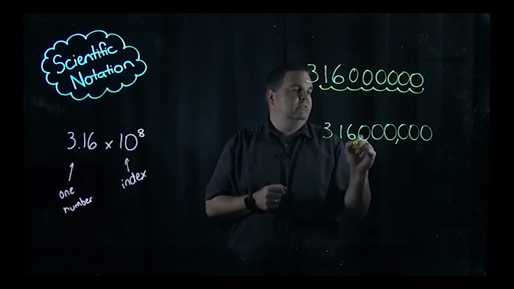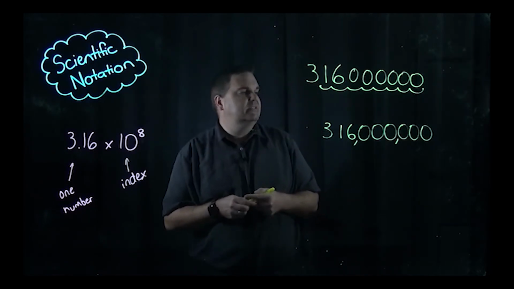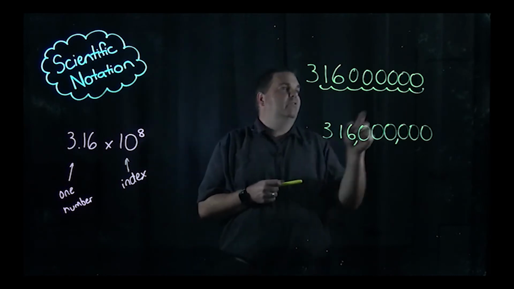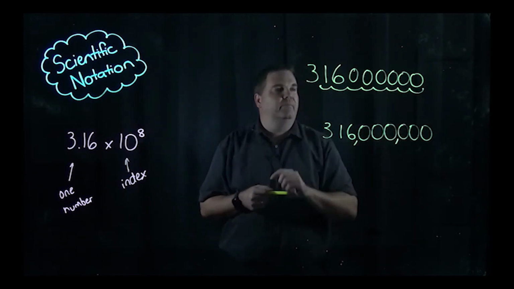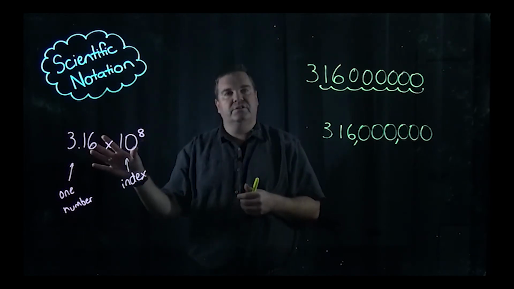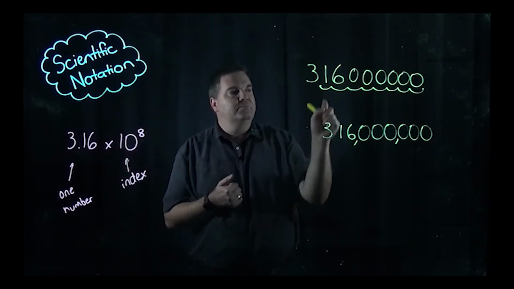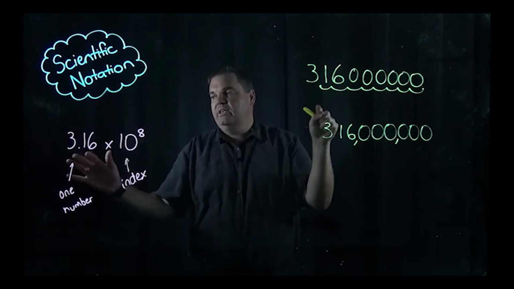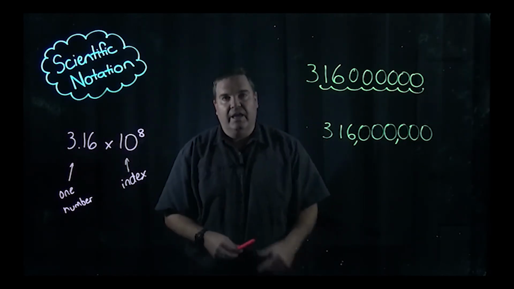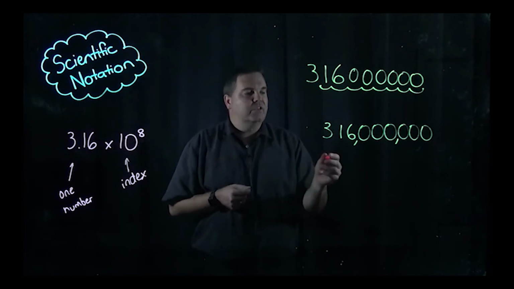So when you put it in, 316 million is 3.16 by 10 to the 8, providing I've copied over my zeros, which I have there. So all you've got to do when you're converting from scientific notation to a number is put your numbers in that you've got here from the front and then move your decimal. You can also do it with negative numbers as well. So if we had